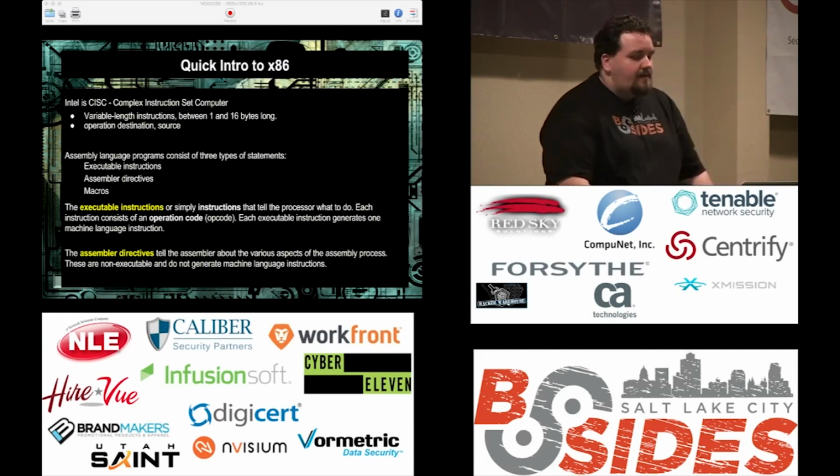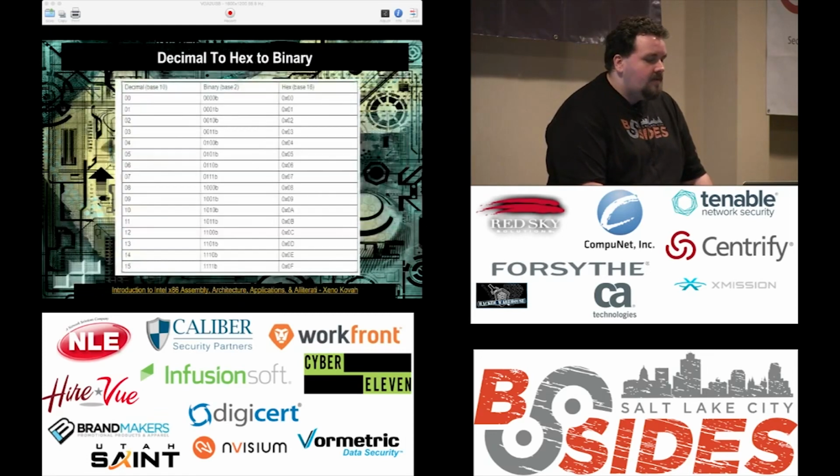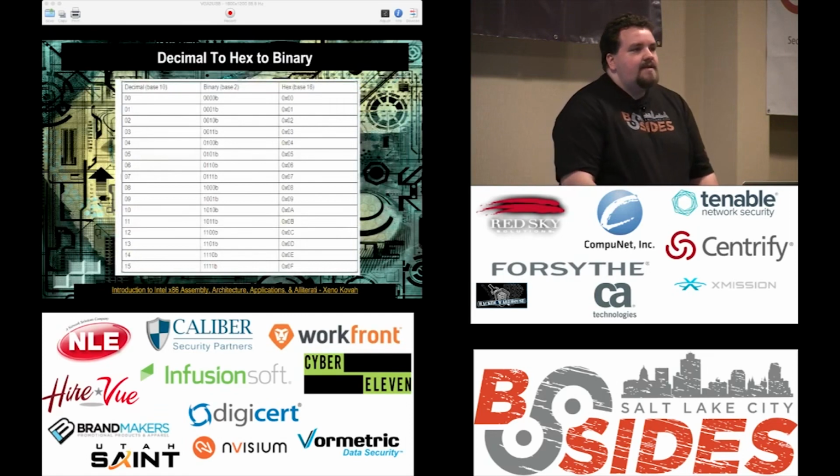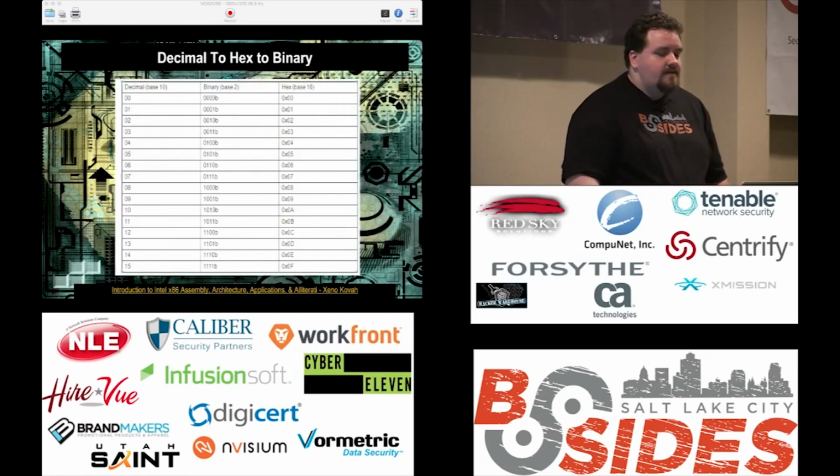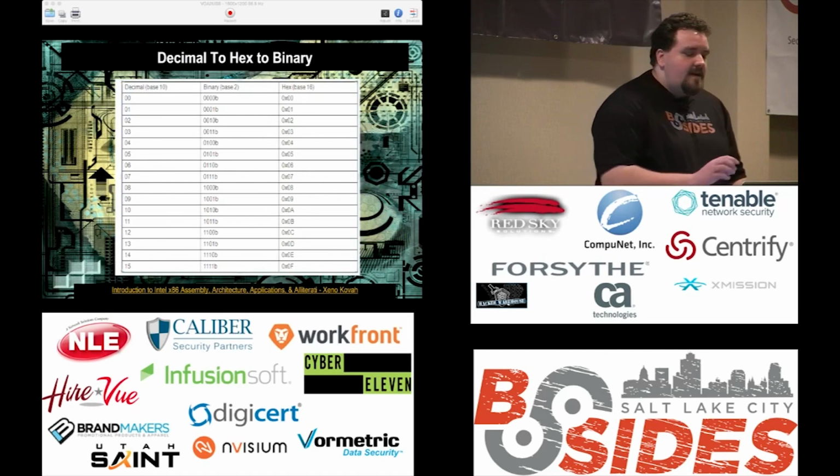It consists of 3 types of statements there: the executable instruction, the assembly directive, and then macros. So when you start learning assembly language, the thing that you need to memorize pretty much is this chart. You need to be able to go from decimal to binary to hex. Now, that being said, that doesn't mean I have to memorize it today. But after a while, if you do this enough, it'll just become easier and easier to remember all of these things, and just